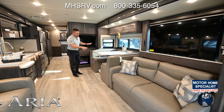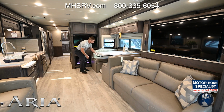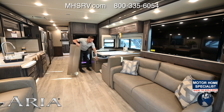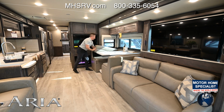Another thing that we've changed here on this booth dinette is these seats. Instead of having a single drawer here in front, this rear seat and the front seat, if you take off your back cushion, will now lift straight up so you can access storage down underneath versus a smaller drawer. That's just another nice design feature that we've done here on all of our